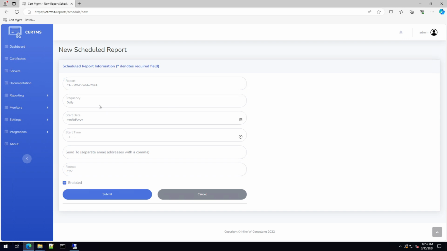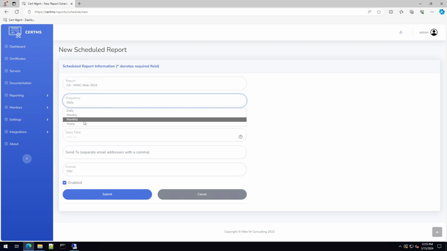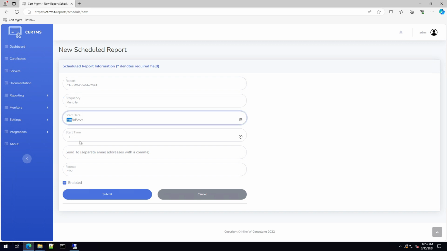And then we choose how we want this to run. Do we want this to run daily, weekly, monthly, or yearly? I think if we're looking for next month, we want this to just run monthly. And if we want it to run monthly, we probably want it to run at the beginning of the month so that we have two months lead time. Or we want to know at the beginning of the month. So in this case, we'll say